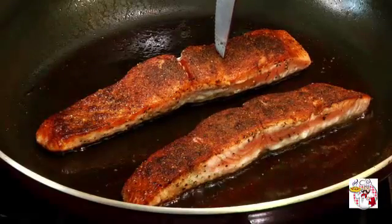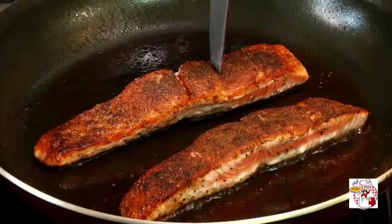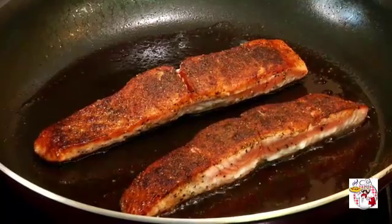So I want to show you how you know when these are done. With most fish, you want no resistance to a thin-bladed knife when you stick it in the middle of the thickest part. But with these pieces of salmon, you do want to be kind of on the rare side, you want to feel a little resistance right when you get to the center point, but you still want to be able to get the knife through there without shoving it through. And that'll tell you that it's firm,